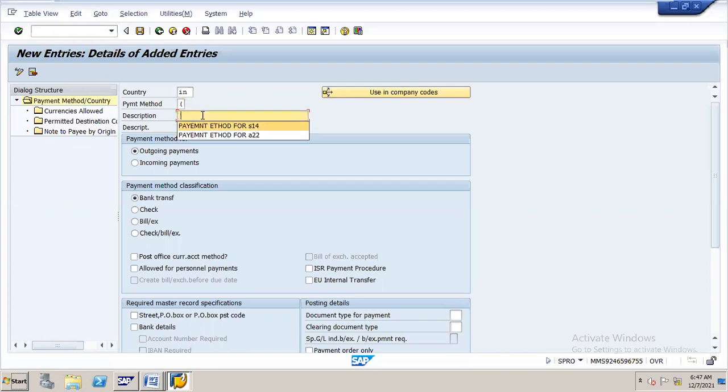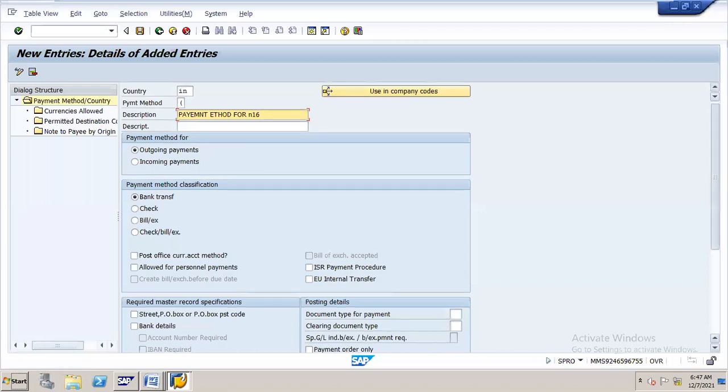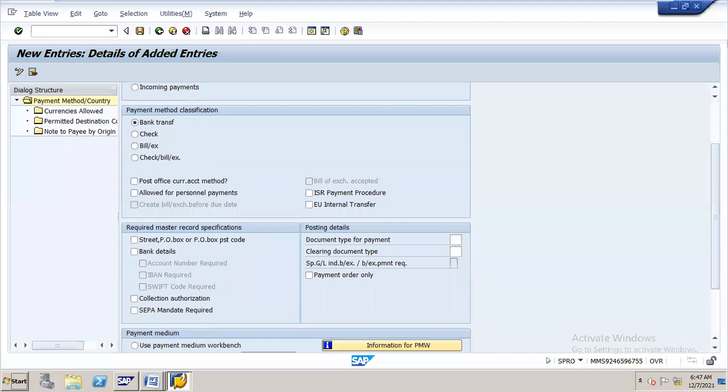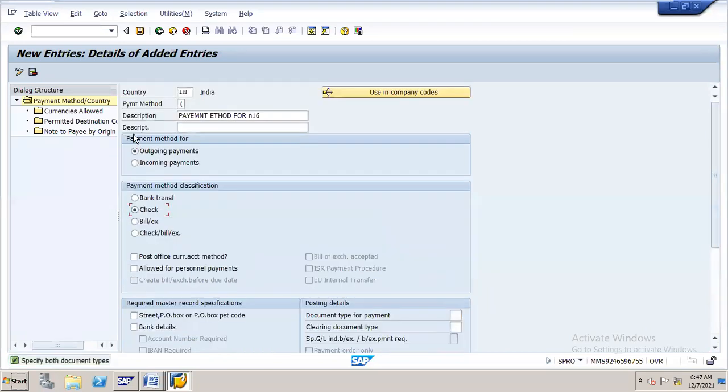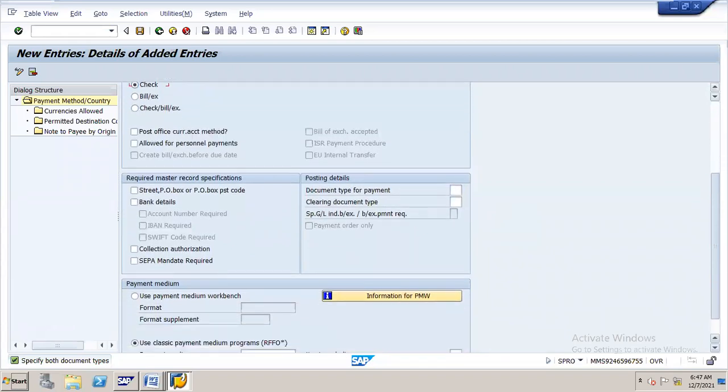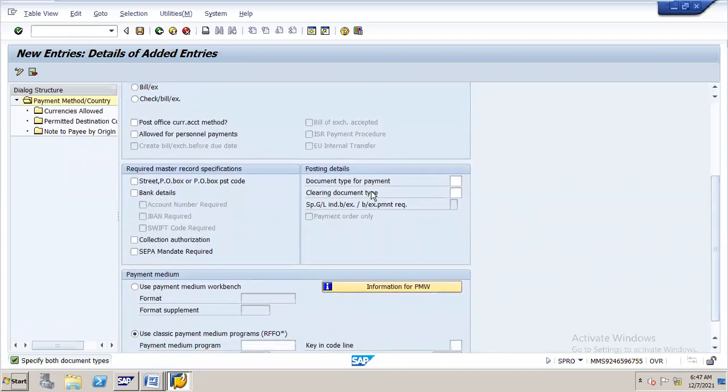Okay. So payment method for our company code. Once you run this app, what type of bank payment you want to use? Check, CHE. In general, we call it cheque. This is CHE. And next, document type for payment.